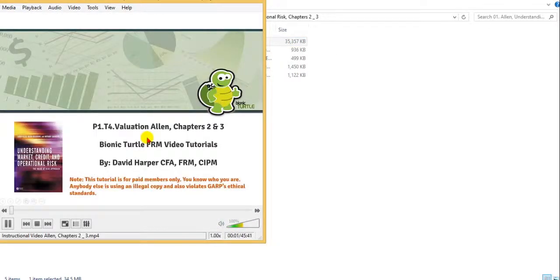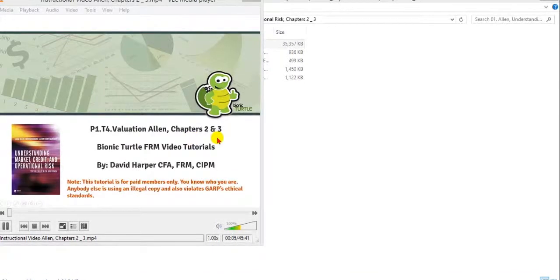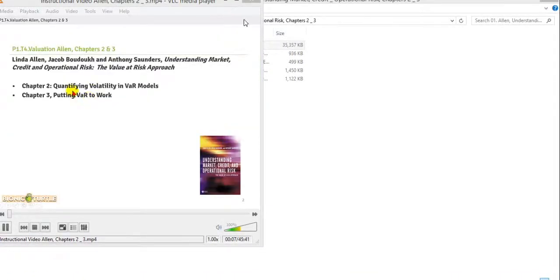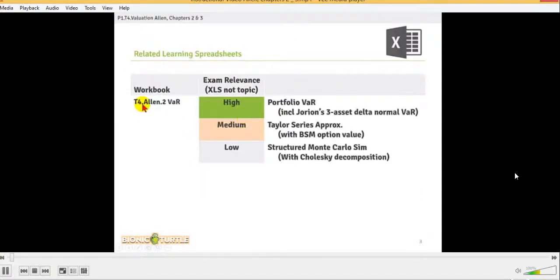Hi, this is David. Welcome to Part 1, Topic 4, Valuation. Linda Allen's Chapters 2 and 3. Chapter 2 is Quantifying Volatility in VAR Models. Chapter 3 is Putting Value at Risk to Work. And the associated workbook is